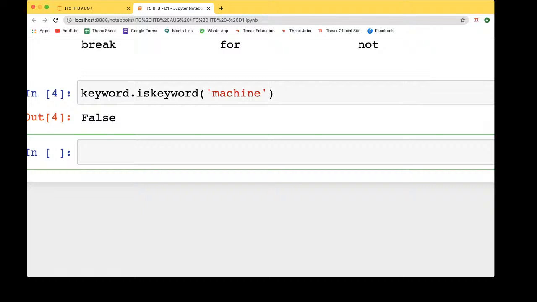There are a lot of things in Python, like identifiers. What are identifiers? These are user-defined names that we use to represent variables, classes, functions, modules, and a lot of other things. So identifiers are the user-defined names that we use to represent variables. Let me write this up.